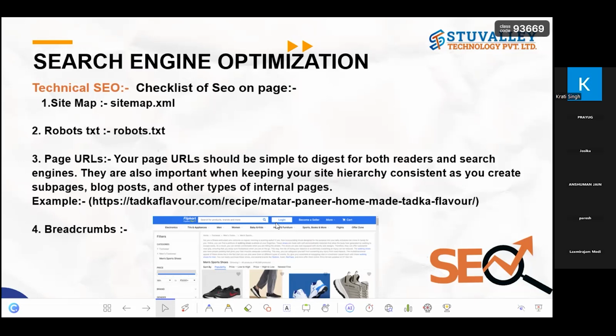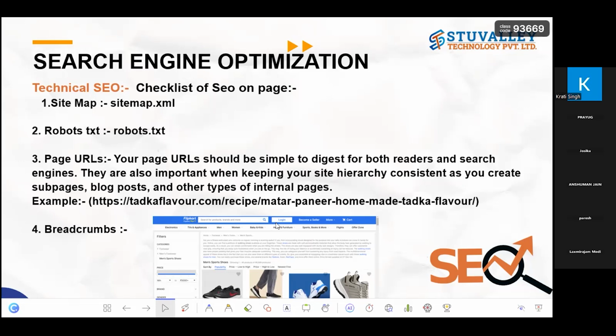Okay, so let's start. First of all is sitemap. First I'll give you a brief about every technique, then we will discuss in depth what each technique means and how we can implement these techniques in our website. Please listen to me very carefully. If you have any doubt or want to ask something, I'm open to answer. First point is